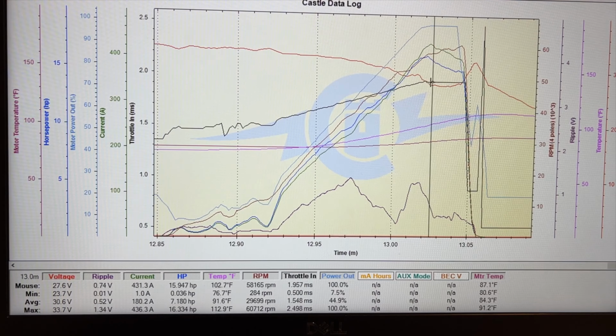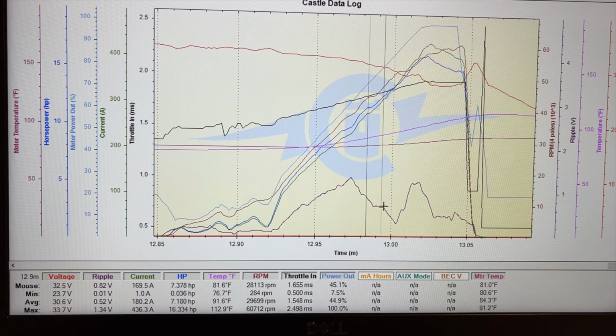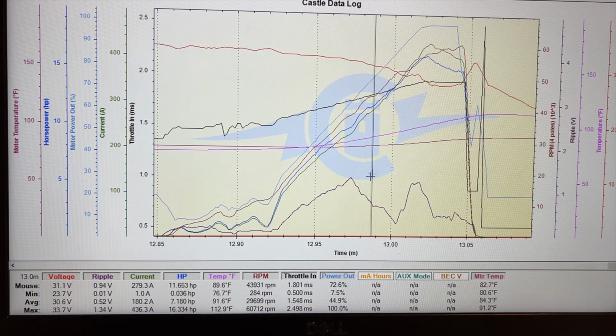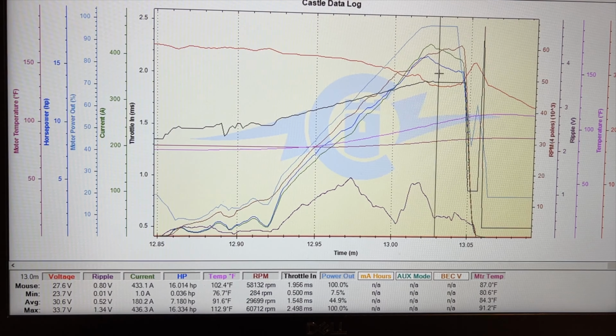This is where, obviously, I think it was a 9-second pull. So there's 5 seconds, and then obviously what's that? There's 2, and then there's 3, 4. So a nice smooth run. Ripple and all was very low at that time because I was running the capacitor pack. Voltage didn't really drop at all. It was really good. Stayed up, and we come down, and at its lowest there,